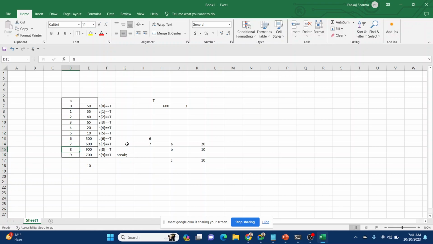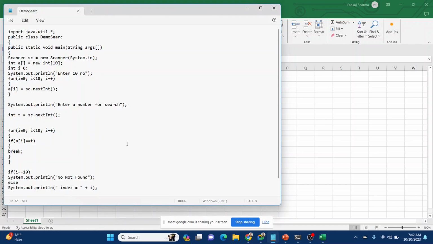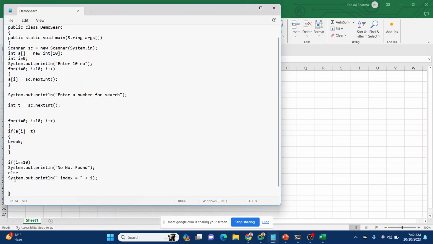But when it reaches 10, it means we have traced the whole array and still not able to find the value. So we have created two conditions. First, if i is equal to 10, it means number not found, and if it is not 10, it means number is found. And second, the moment we find the number we will break.